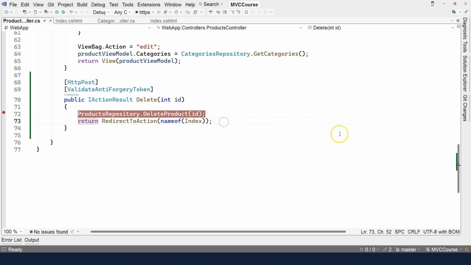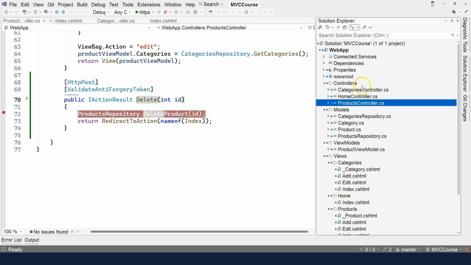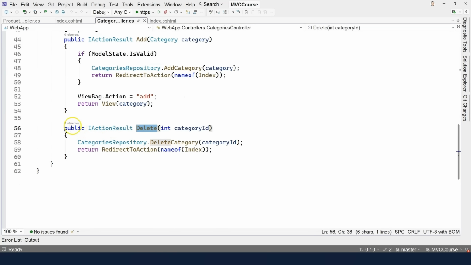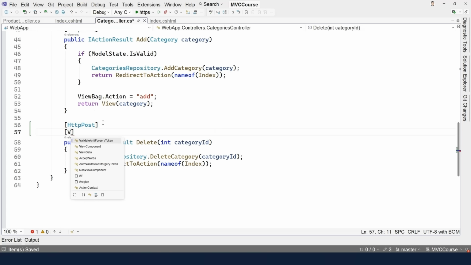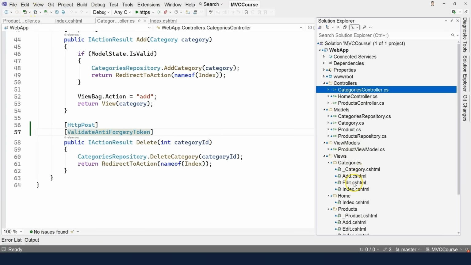And when we create the products controllers right here, this delete method, we're using the HttpPost. But for the categories, which we did over here, we're using the HttpGet. And the HttpGet method is actually not very safe. So let's be safe and use the HttpPost over here for the category as well. So HttpPost, and then let's also validate the anti-forgery token, and let's go to the index view of the